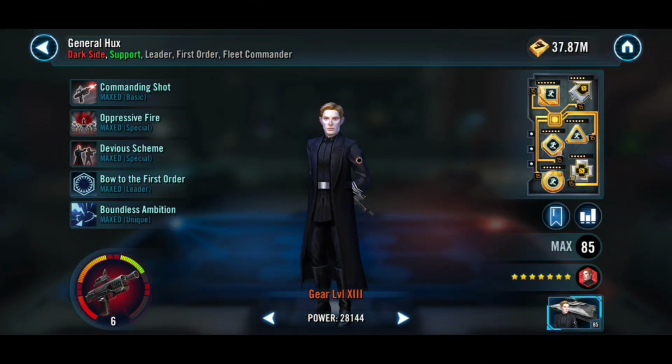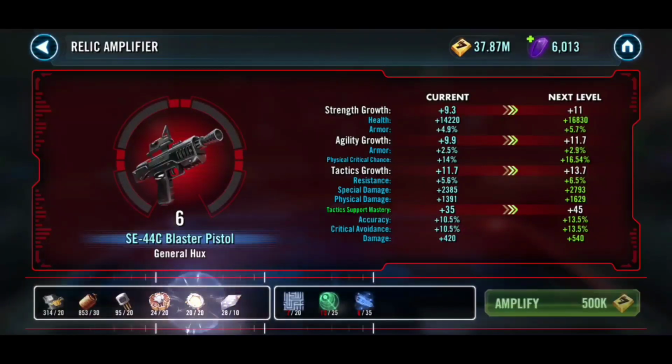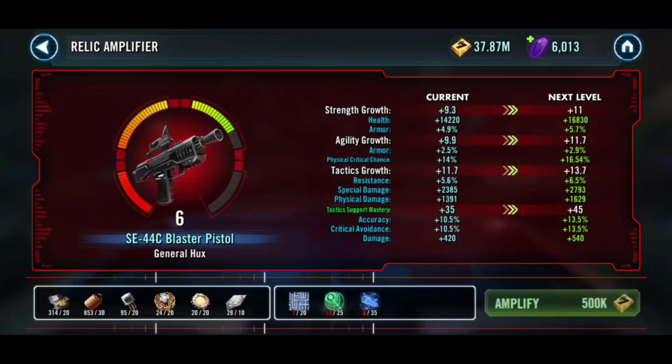So looking at Hux's base stats, sadly, as you can see, he's not fully relicked. He's only R6. I know, KP, how could you, dark side, bro? But these materials aren't easy to come by. But I promise he'll get there. That's how much I like him. We can see that based on the relics he has, Hux is a tactical support character, which means that he